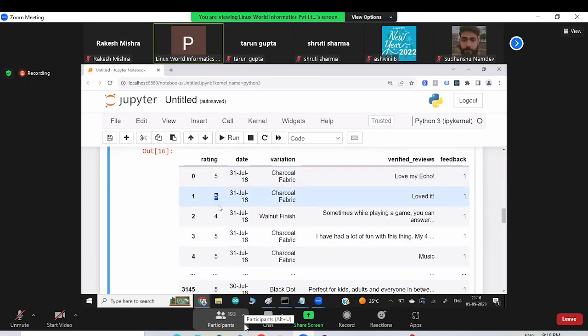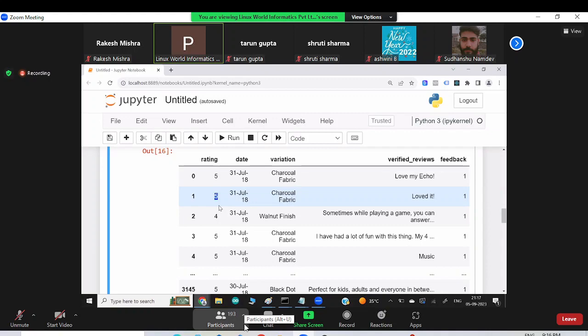We have a rating 5, 4, not like FIVE or FOURS, right? So they are very much what's called structured format. Any data in structured format, you can use your programming skills to understand and analyze and come up with some useful information.